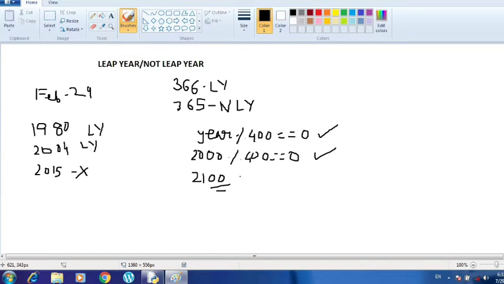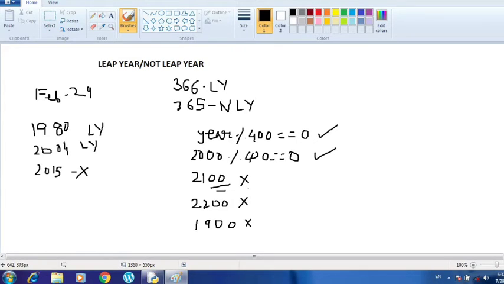This year is not divisible by 400. This is not a leap year. Let's talk about 2200. 2200 is also not divisible by 400, so it is also not a leap year. Now let's say 1900. It is also not divisible by 400. So you can say that not every century year is a leap year.